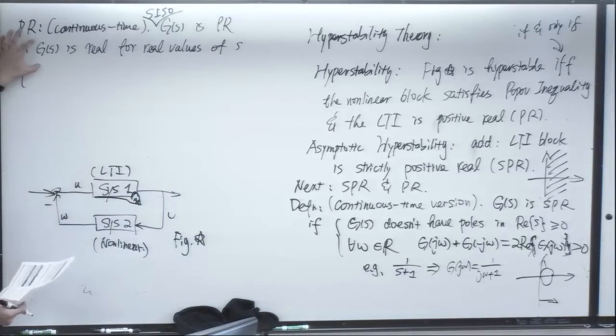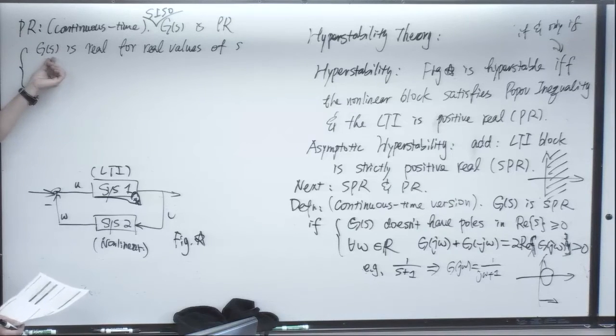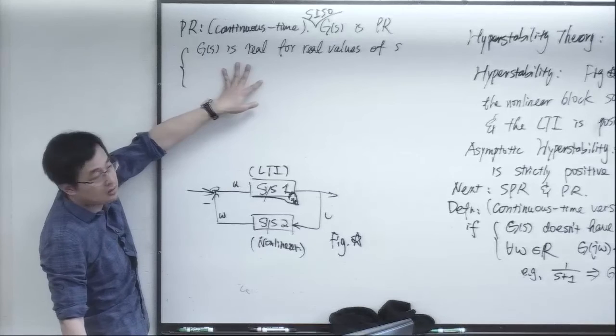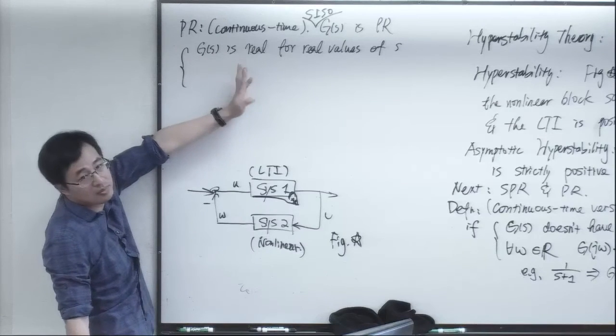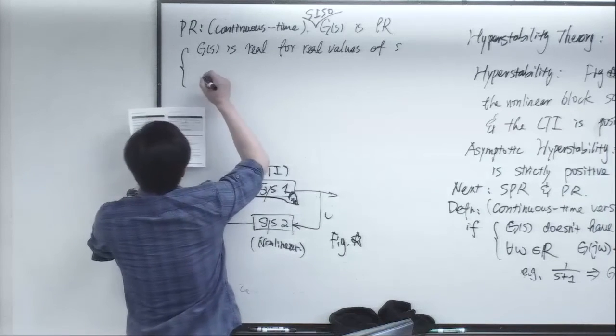First condition is if you treat this as a function and the input s is a real number, then the output is going to be a real number. This is usually not difficult. If you think about a transfer function, you replace s with some real numbers, then the transfer function is going to be real. The second condition is